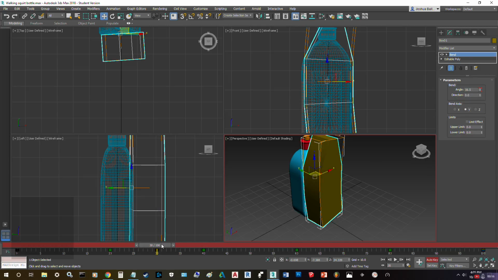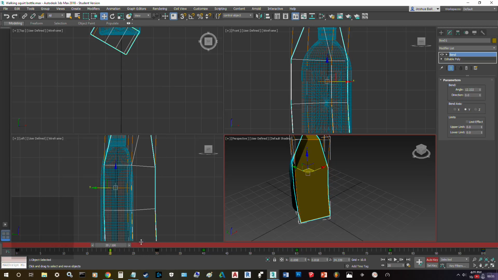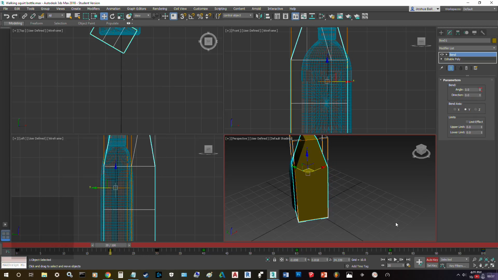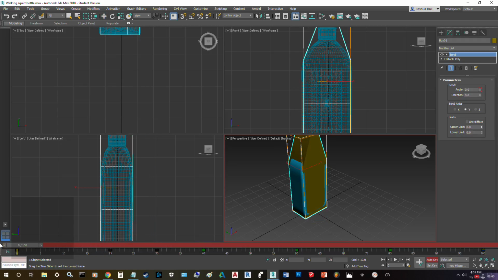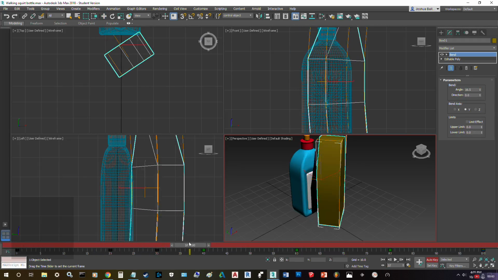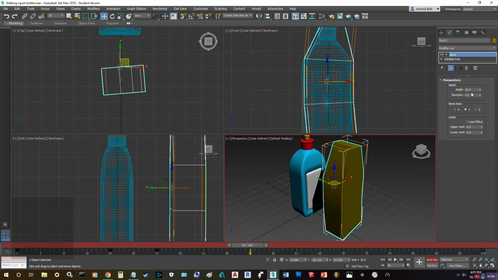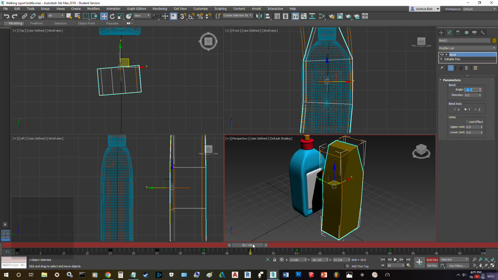Okay, so on the first keyframe, when you first set it up, if you do not scroll back to the beginning of your animation or where you want your animation to start for this particular thing, it will set the key all the way back to 0. So what you have to do after the first one of setting it is you have to scroll backwards to 20 and make sure that you reset your angle to 0. That way it maintains the 0 from the beginning, and then it will curve into the bend that I would like. So then I'll go up to 50, and I'll set this to a negative 16.5,